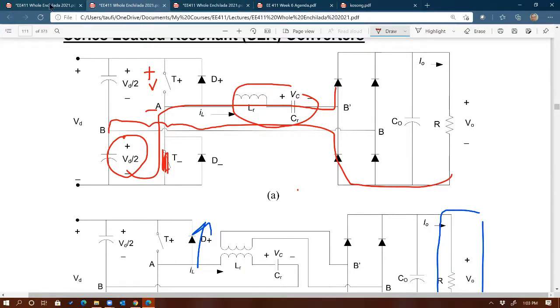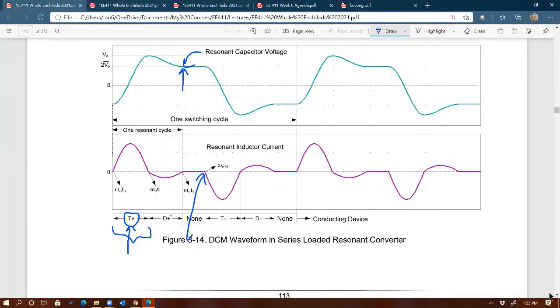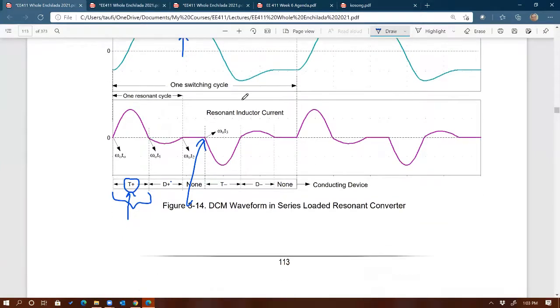Any questions? So now you can see that right after T minus is turned on, current has to flow negative, because that's the only current that can be accommodated by T minus. And the same thing, you have resonant, as I said earlier, this peak right there is the negative of that peak. They're symmetrical. Right? And then that current follows a sine wave, and naturally it will go to 0,